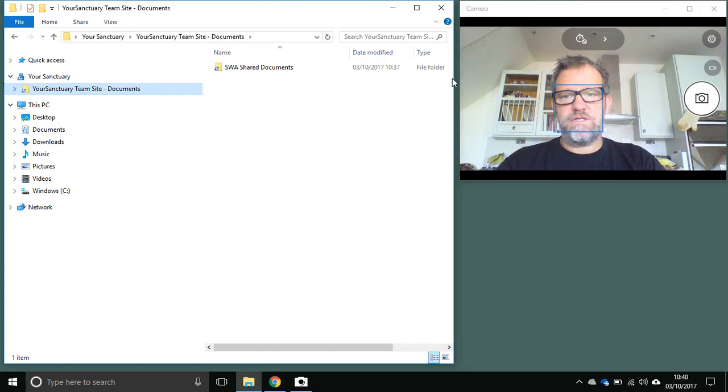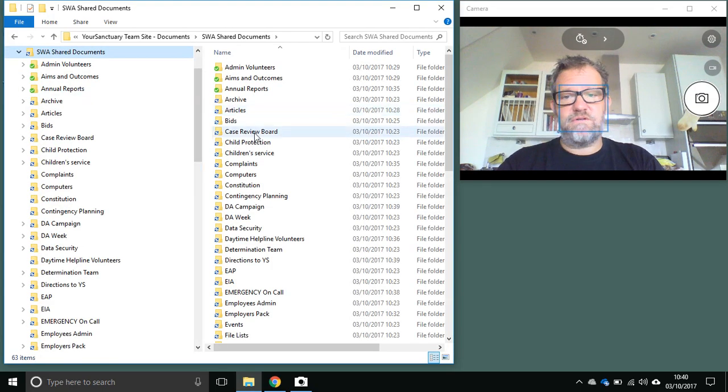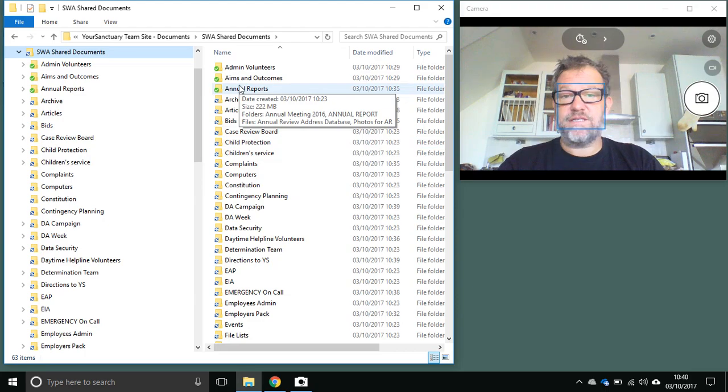Just so that I can show you a few things around the system, this here effectively is where all of the company documents will now be stored. You just browse through them. It's a normal directory structure, folder structure. Files will exist inside that environment as they would have done before. The only thing that you don't have is drive S or drive M.